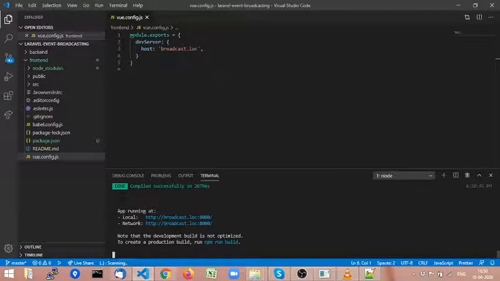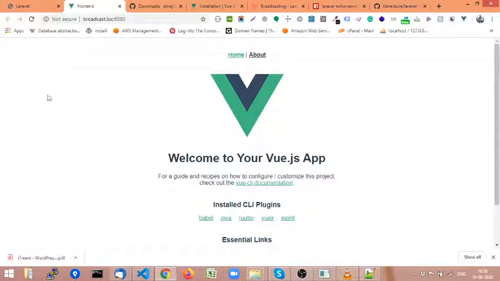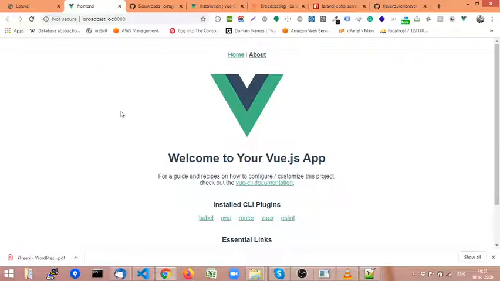Okay, so it is running the server on broadcast.loc, but then we need to make an entry in the hosts file so that it registers the domain for the local machine. I have already done that, and my Vue instance is running on broadcast.loc on port 8080. So with this we have successfully set up Laravel and the front end.